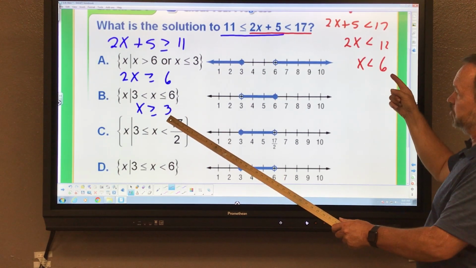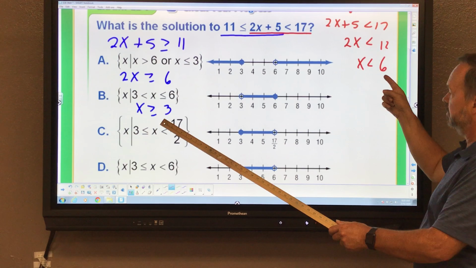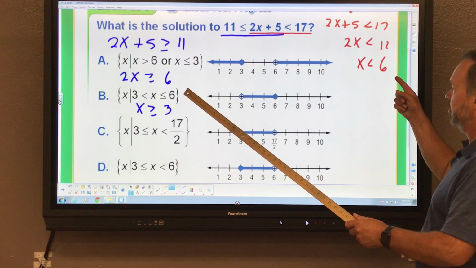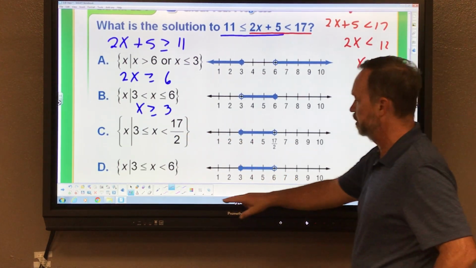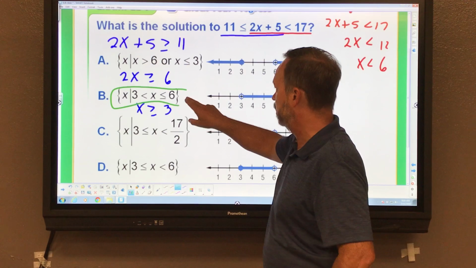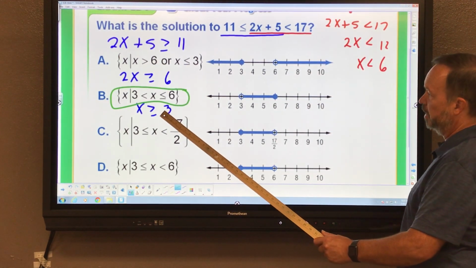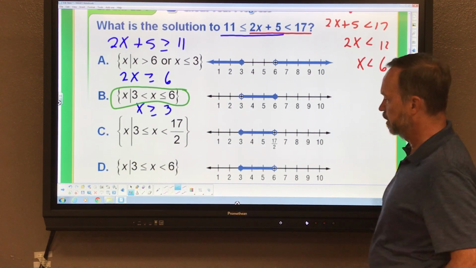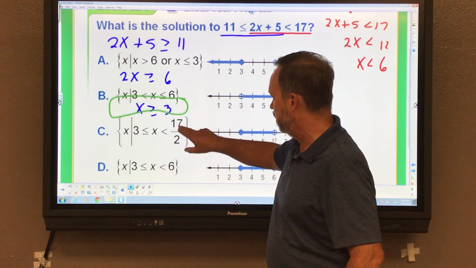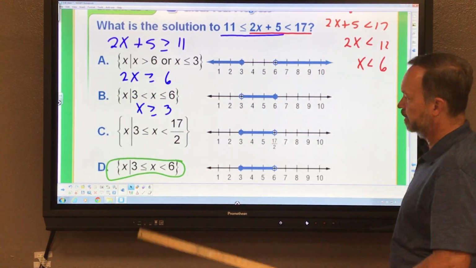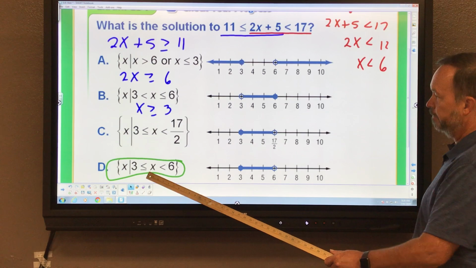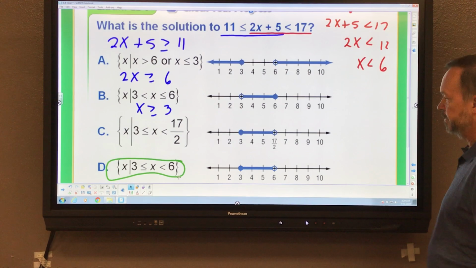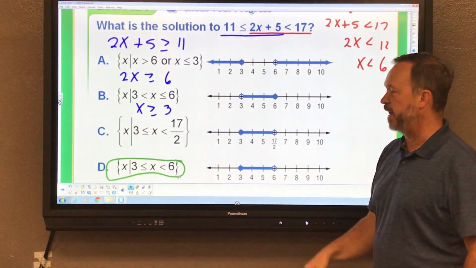So you can see what has to happen. It's bigger than 3, less than 6. First of all, which of these match these two things? They match this one. Look at it. See the, nope, they match this one. Missed it. Match that one, right? Because it's got the right less than piece, and the right less than piece. Less than 6. Okay. So the answer is D, and you can check the graph, as I said, sometimes they